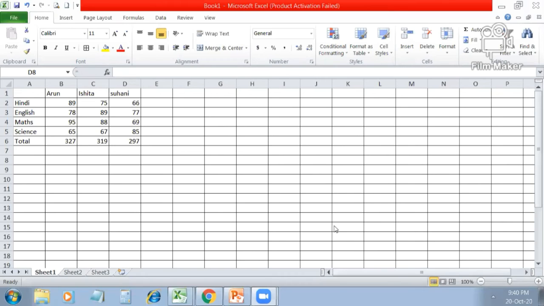Now let me revise again all the things. Microsoft Excel is an electronic spreadsheet that runs on a personal computer. Electronic spreadsheets are computer programs used to perform numeric calculations. A spreadsheet in Excel consists of grid of rows and columns, and autosum and sorting. Autosum is a very simple procedure to find the sum of numbers, and sorting means arranging data in ascending or descending order.